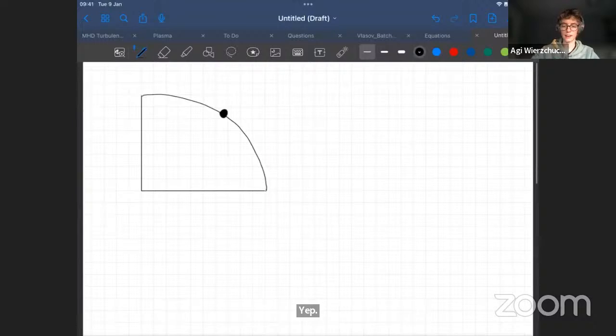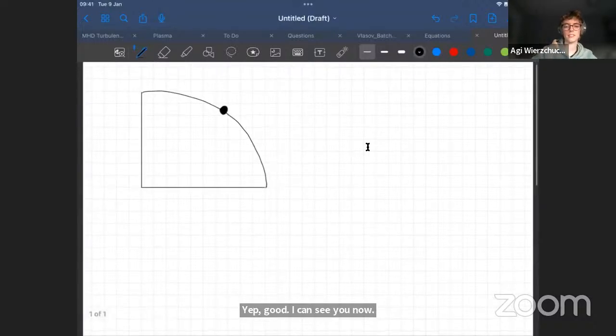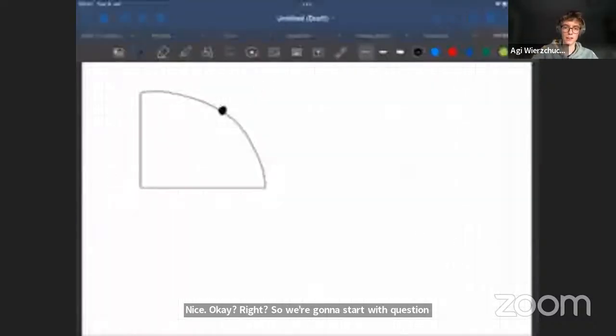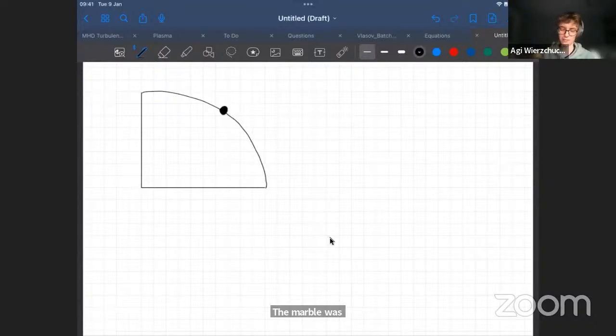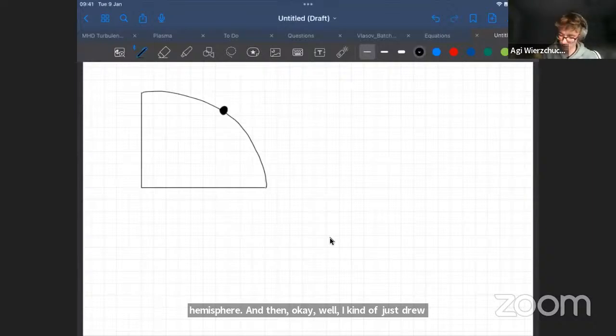Nice. Okay, right. So we're going to start with question 1, which says, a smooth marble is initially at rest at the top of a much larger hemisphere of radius r. The marble is given a slight nudge and begins to slide down the hemisphere. I drew the diagram of what it looks like, and this is going to be r, because in a circle the radius is the same everywhere. And then the first question asks, at what angle from the vertical will the marble leave the surface of the